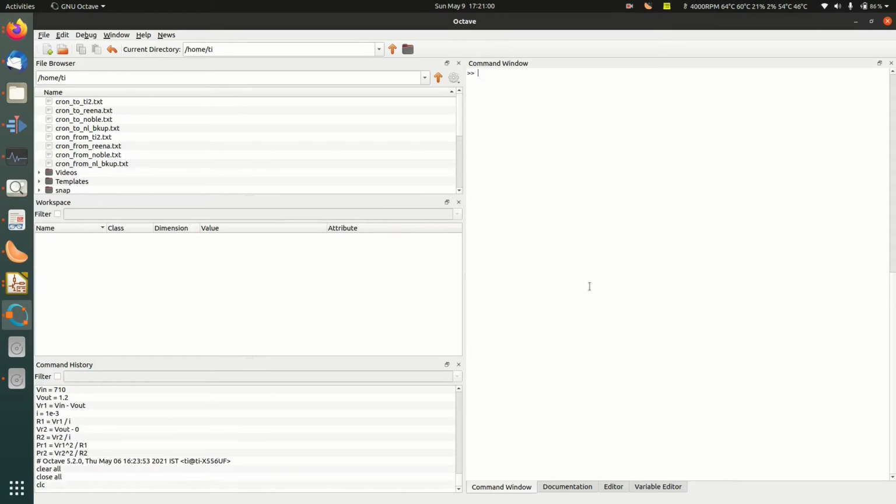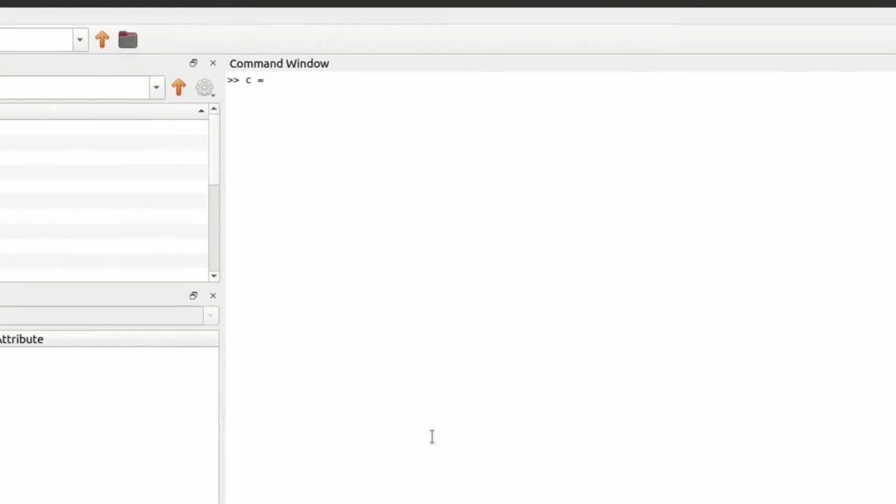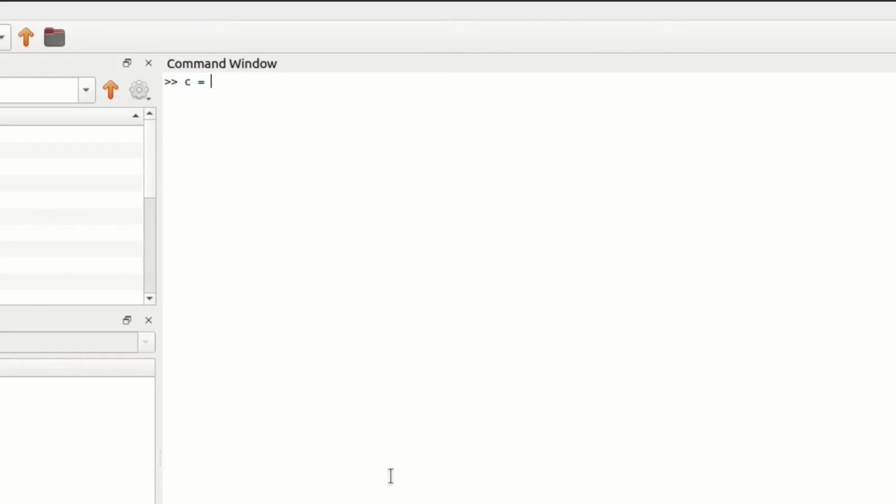The E6 series has a resistance tolerance of around 20%, but tolerance is not a matter right now. We will learn about tolerances later. Right now we concentrate only on the value. So let us store the constant C, which is equal to the sixth root of 10, that is 10 raised to the power 1/6. This is the value of C.